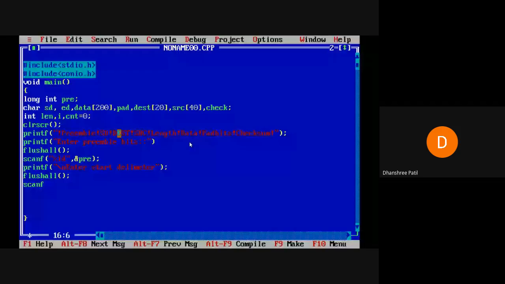Okay, after that again flush, scanf %c comma, because the start delimiter we have used as a character.